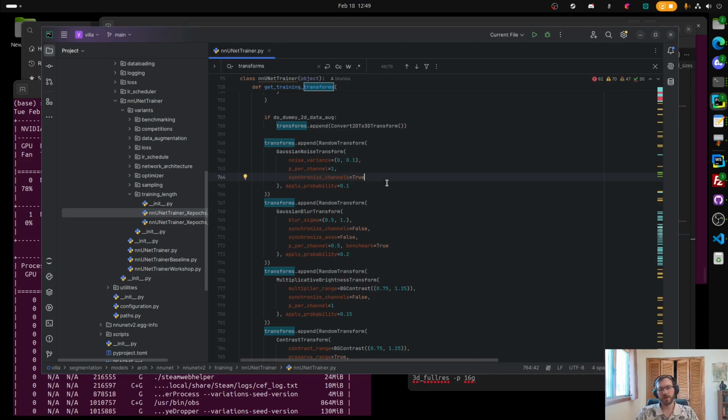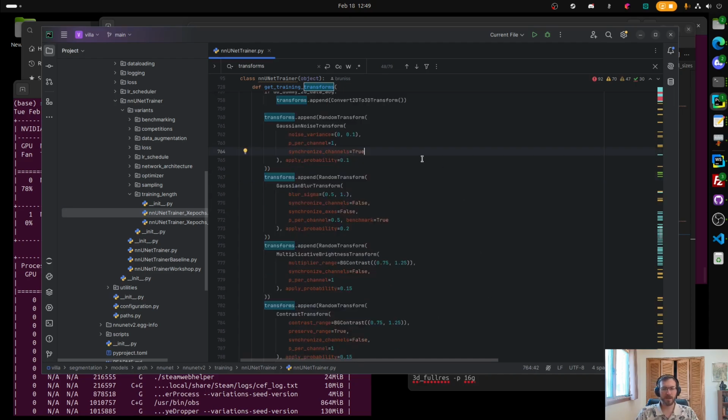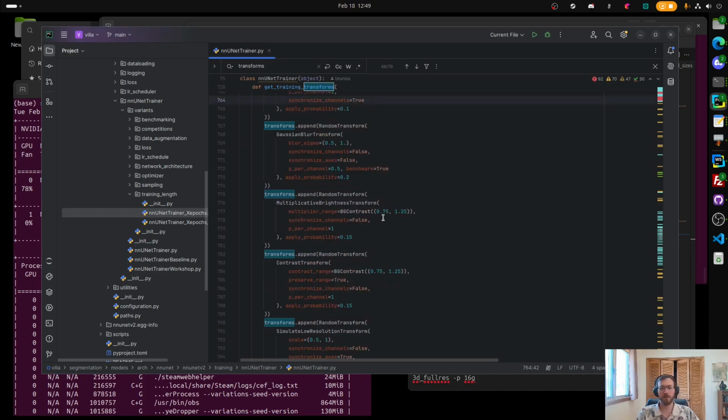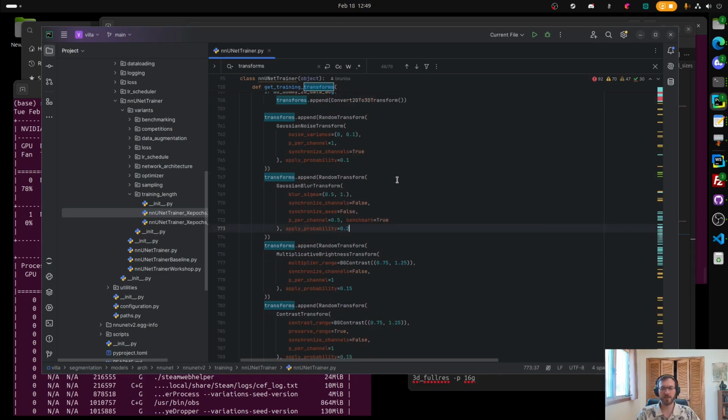And these are independent too, so if you stack these, you have a chance of having all of them at once, or none of them at once, or some mix of that. And the probability is just set here, but by default it uses a pretty robust set of augmentations that have been tested